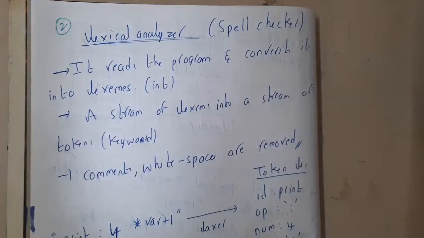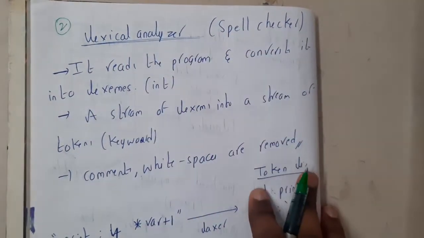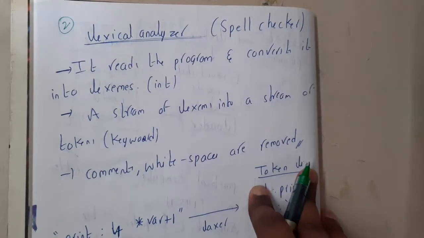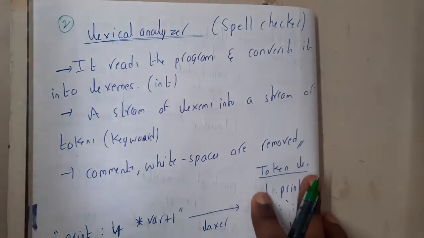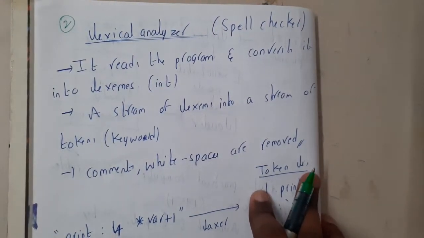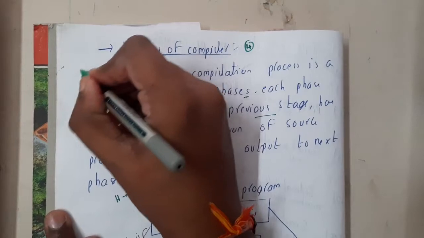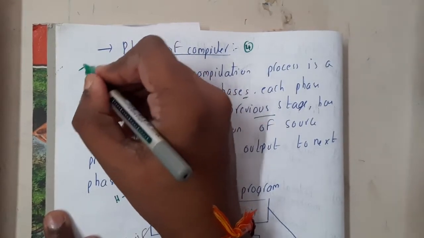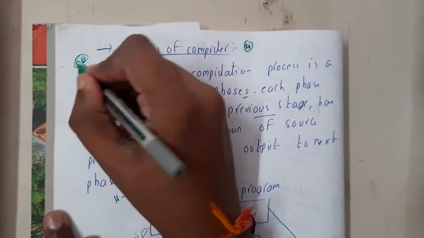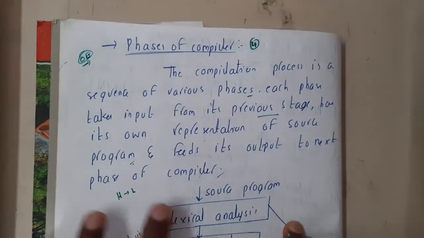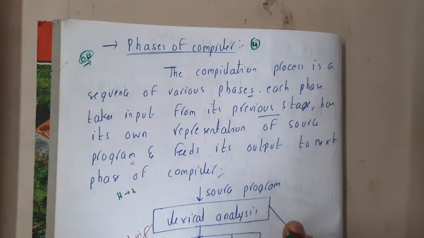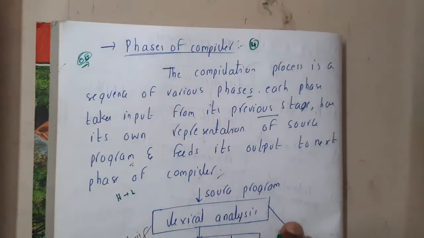In this lecture, let us go through the phases of a compiler, guys. To be clear, I'll be using some other book while explaining here. Theoretically, that book has a good explanation, and that is the reason why I'm moving to that book. I'll be sharing this PDF with you also, guys. This is from my other channel, OU Education, where I mainly cover semester theoretical exams. Okay, so let us start.